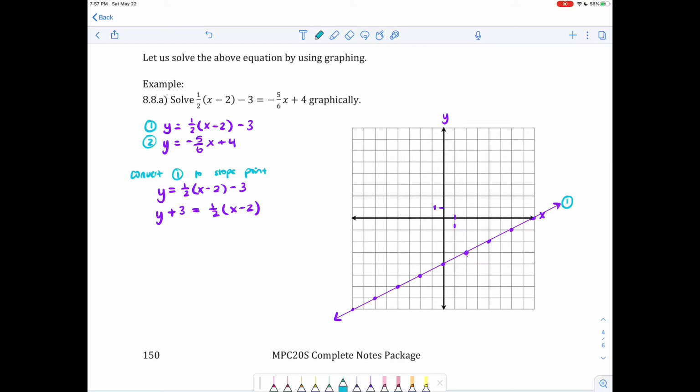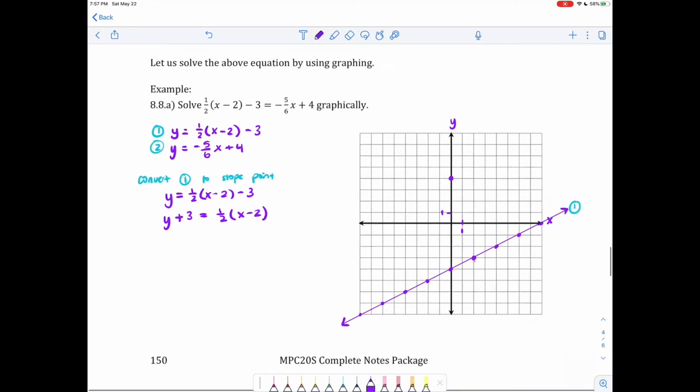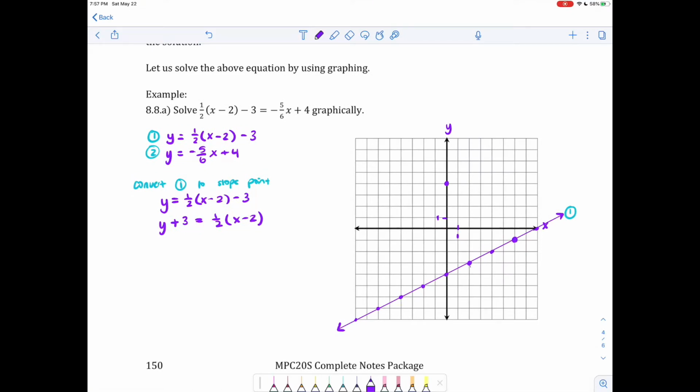Now, if I want to graph line 2, well, that's already in slope-intercept form. So I see my y-intercept is 4, my slope is negative 5/6, so I go down 5/6, which is this point here. I can't backtrack, but to be honest, these are the only 2 points I care about because I've already found my point of intersection. Woo! But I do have to finish things off. I have to draw the arrows on the end. I should label what that line represents. Now, my point of intersection